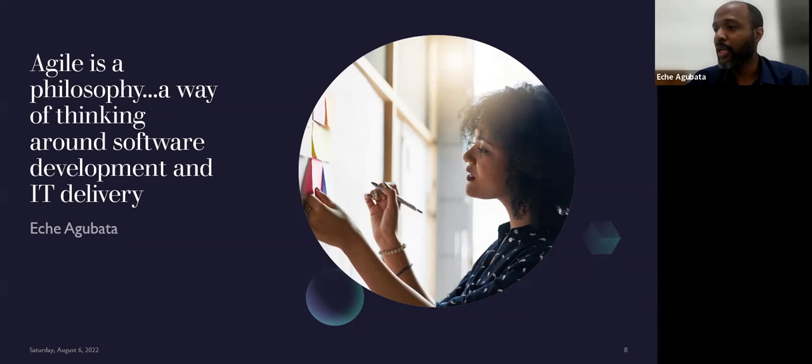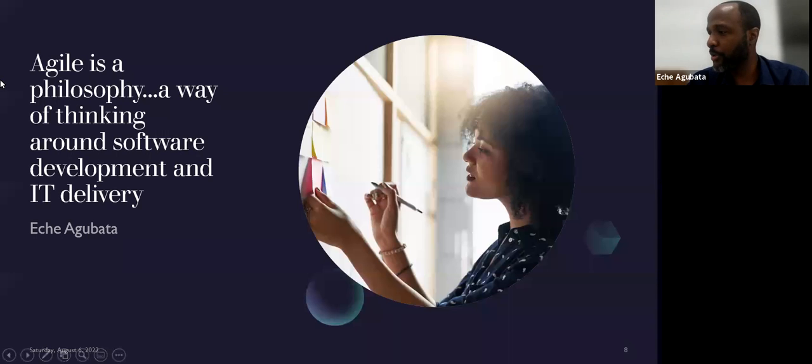But the thinking, let's not forget it. The thinking is very key. So I'll just read out a few of the thinkings, which I will call the principles around Agile. They said satisfying customers through early and continuous delivery, breaking down big work into smaller tasks so that it is achievable and you can always show output in the shortest possible time, and recognizing that the best work emerges from self-organized teams, and so on and so forth, quite a lot of them.